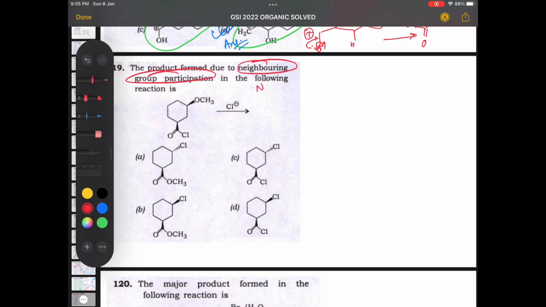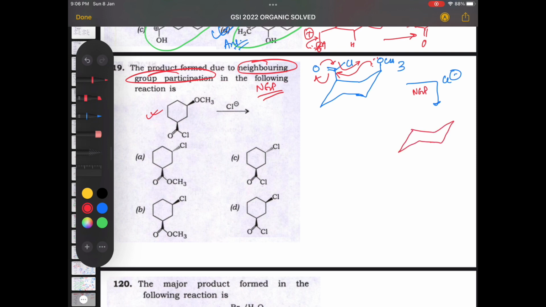So let us see the next question we have been asked. Neighboring group participation, NGP, in the following reaction. So let us draw the chair form obviously. So as we can see, this is one carbon apart. So we will be drawing it one carbon apart, and both would be on the top, above the chair form. So as you can see, NGP is taking place in the first step, and chloride is actually released, and we can find out that we have got a neighboring group participation from the methoxy OCH3 into